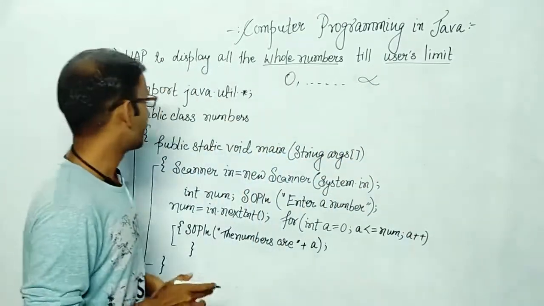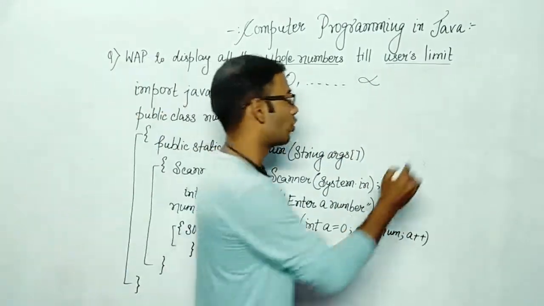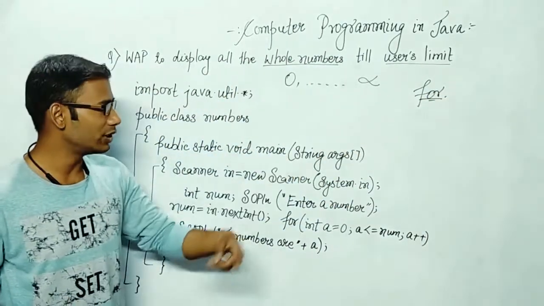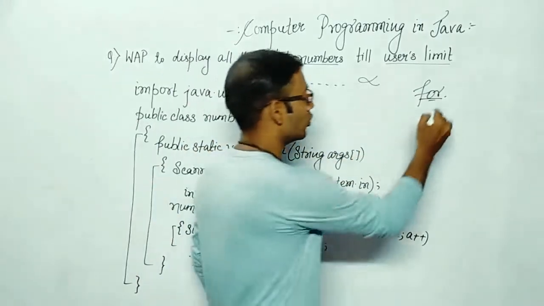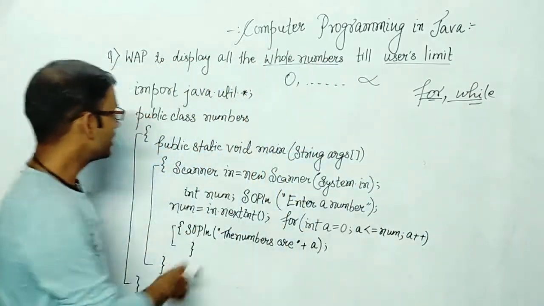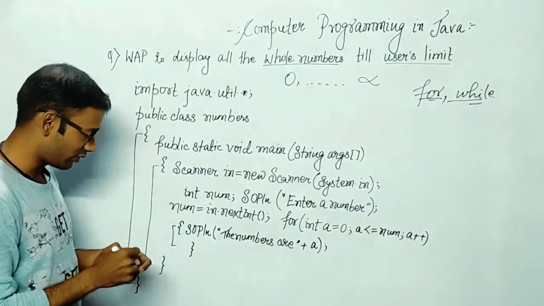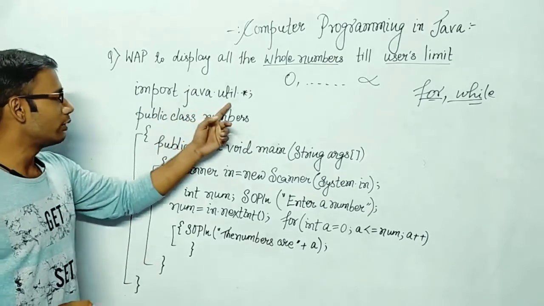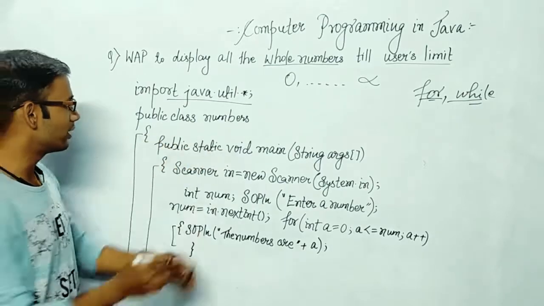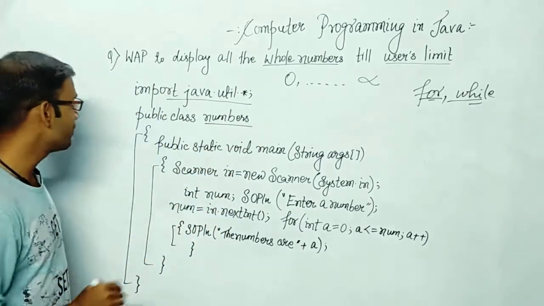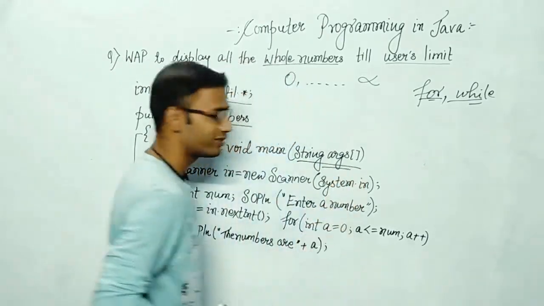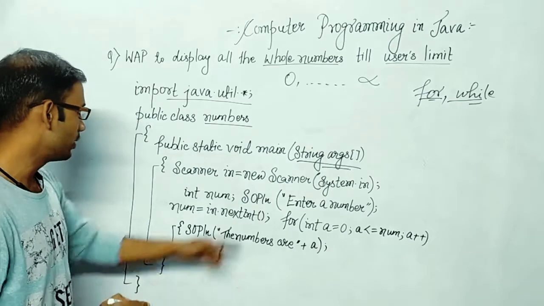Right? So, in this program, I have utilized a for loop. In the next program, I will utilize a while loop. Just focus on this particular video. That is import java.util. It is the name of the package that we have utilized. Next is public class Number. Number is the class name. After that, public static void main(String args). That means we are accepting a string argument in the main function over here.